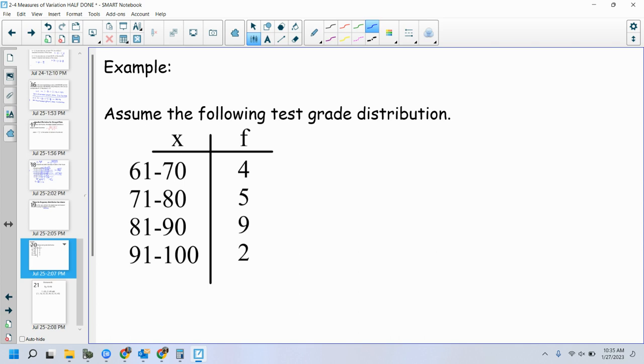So for example, assume the following grade distribution. From 61 to 70, I've got 4 people. From 71 to 80, I've got 5 people. 81 to 90, I've got 9 people. 91 to 100 is 2 people. Now, if this is the case,